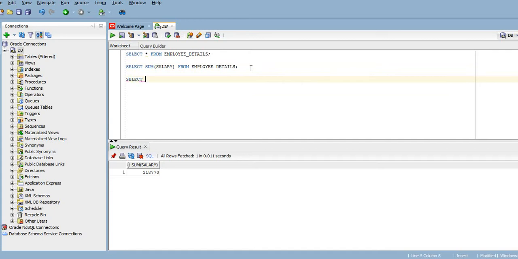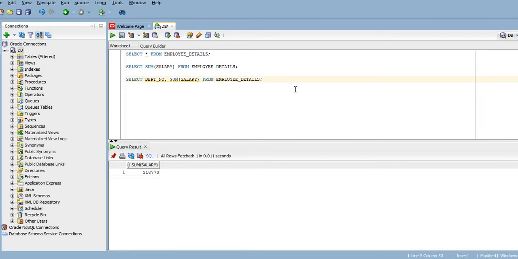Select, as I said, dept num, comma, sum of salary, from employee details. So what I did, I selected the employee department number, dept num, comma, sum of the salary from employee details. But as I told, I want to group up the salary based on the department number.